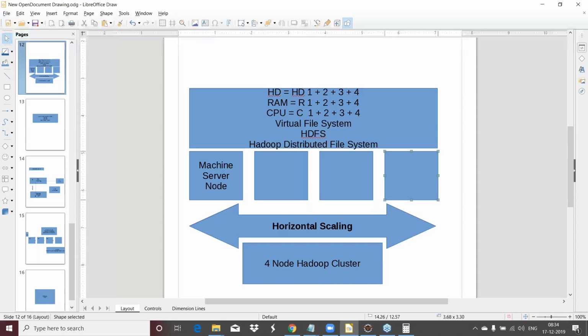So you are saying that software is absolutely free of cost. Good enough. What about the machines? Machines are not coming free of cost, right? So your organization will say that we have already invested a huge chunk of money onto the existing infrastructure. Now you want us to invest the same amount of money once again to set up a new Hadoop cluster. That would be too costly for us. So Hadoop has a solution to this problem as well. Hadoop says